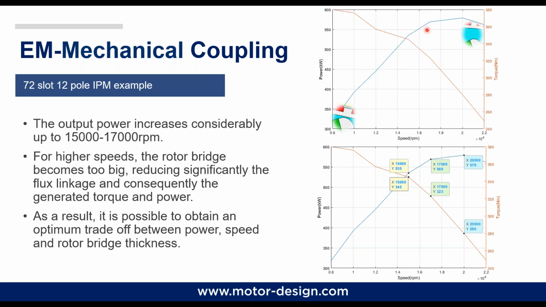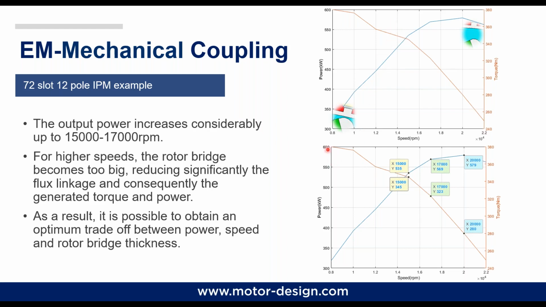After this point, the rotor bridge starts to have a really important effect on the flux linkage, and so on the generated maximum torque and power that we've got. So as a result, there is a kind of optimum value after which it is not worth increasing